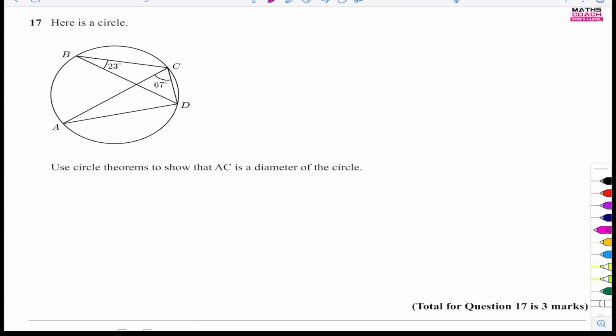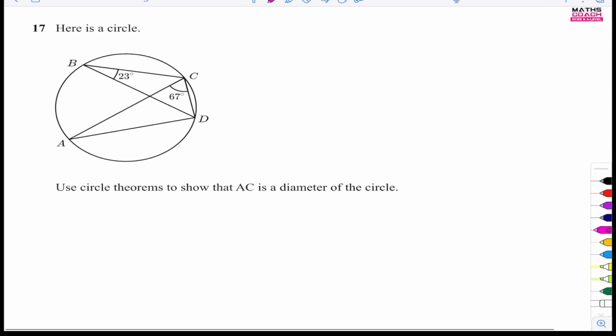Question 17. Use circle theorems to show that AC is a diameter. Now there are various circle theorem rules that you need to know. If AC is a diameter, what do we know about one of the theorems? It is that angles in a semicircle equal 90 degrees. So this angle here has to be 90 degrees. If we can prove that this angle right there is equal to 90 degrees, then we know that AC is